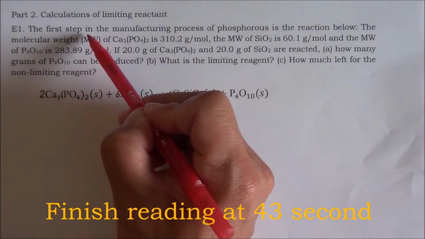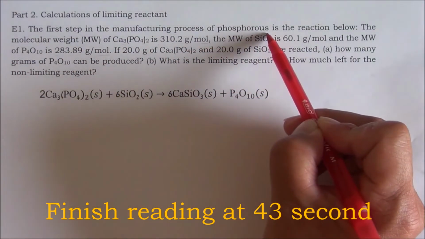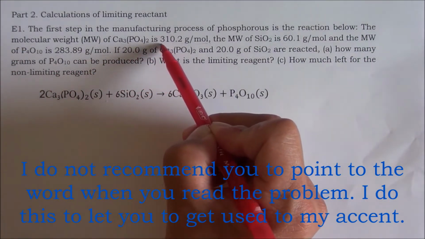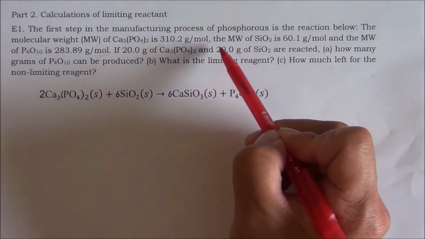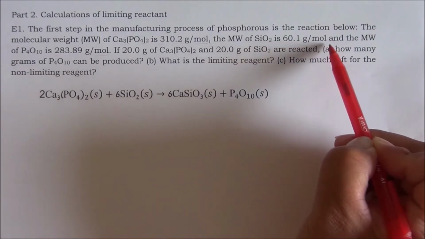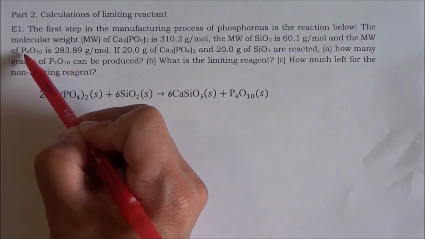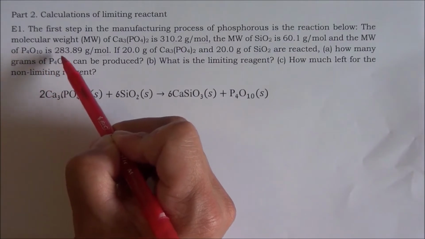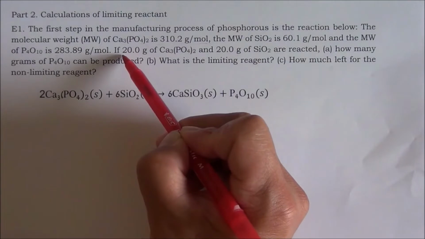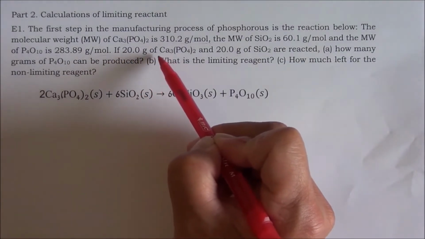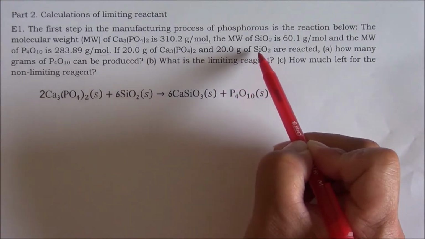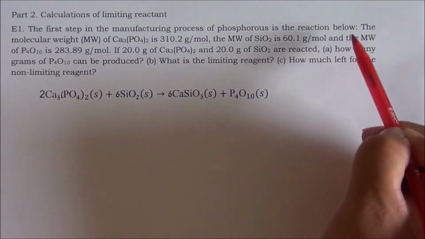Example 1. The first step in the manufacturing process of phosphorus is the reaction below. The molecular weight of calcium phosphate is 310.2 gram per mole. The molecular weight of silica dioxide is 60.1 gram per mole. And the molecular weight of tetraphosphorus decaoxide is 283.89 gram per mole. If 20.0 gram of calcium phosphate and 20.0 gram of silica dioxide are reacted,